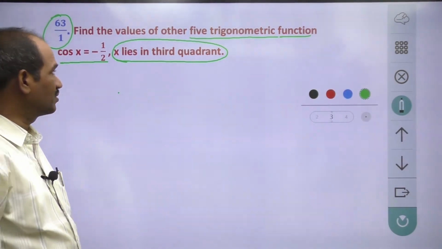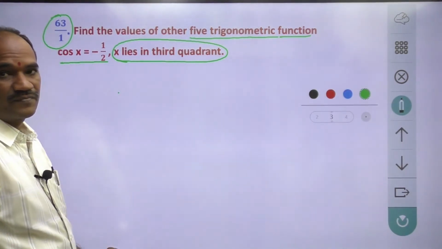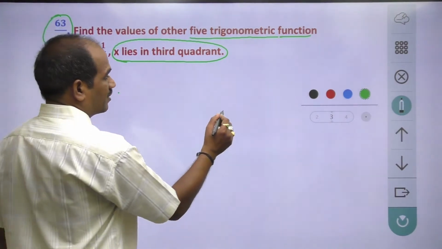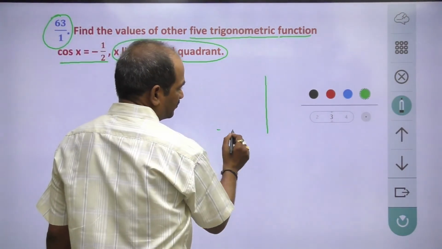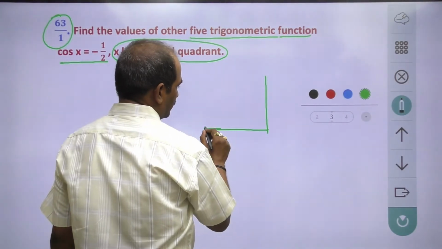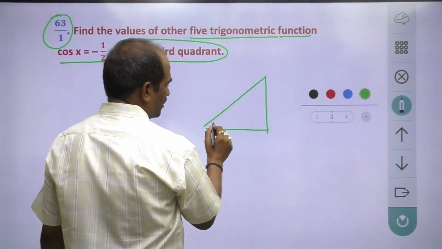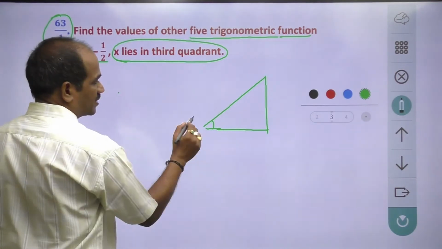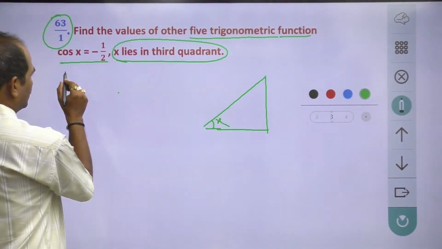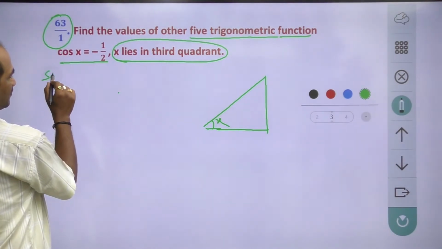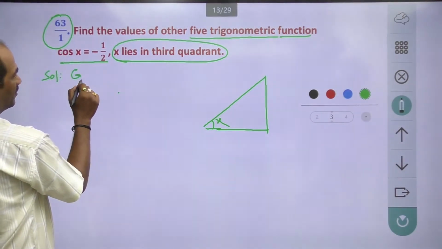Same in this question also. Here these values are changing. See here, first we take a right angle triangle. In this right angle triangle, this is the angle here for cos x, so this angle is x. Okay, right. So here in this solution, in this given data,